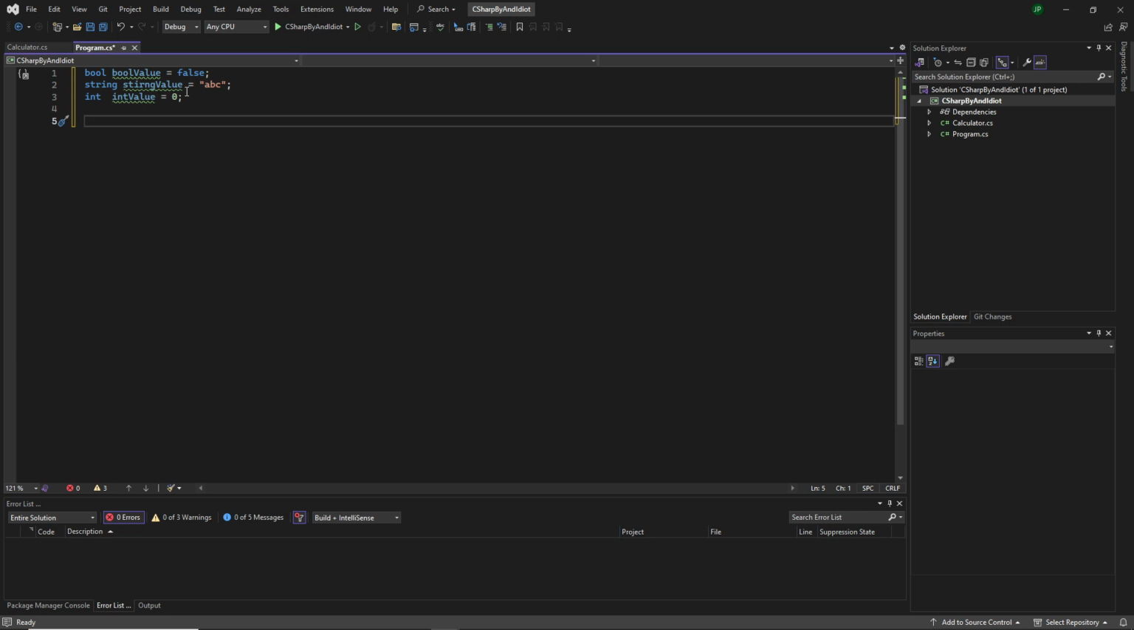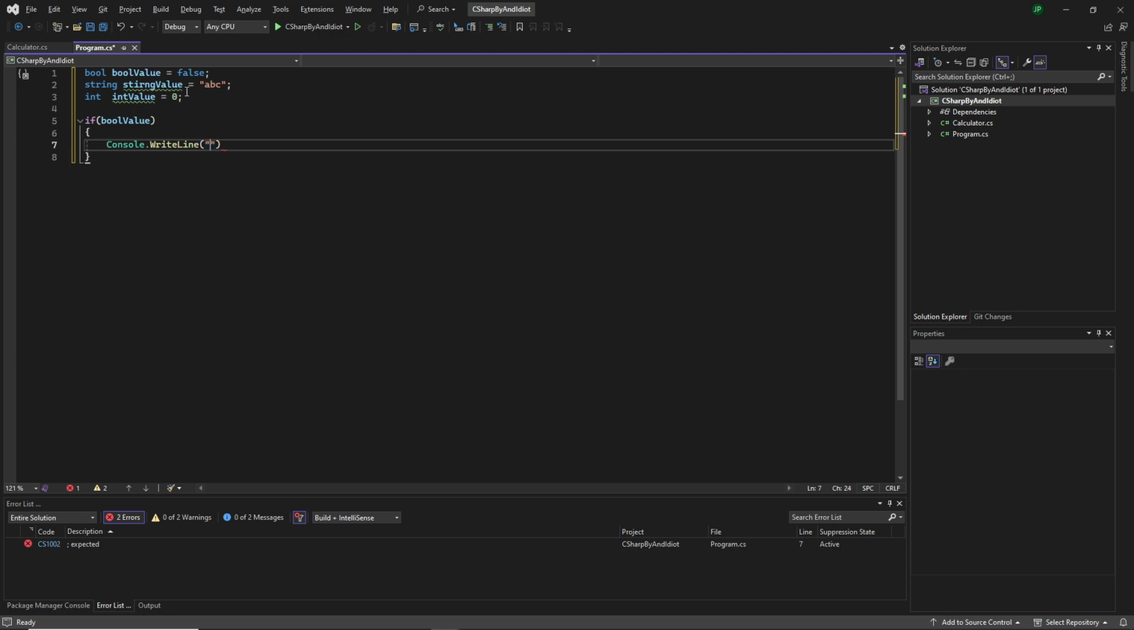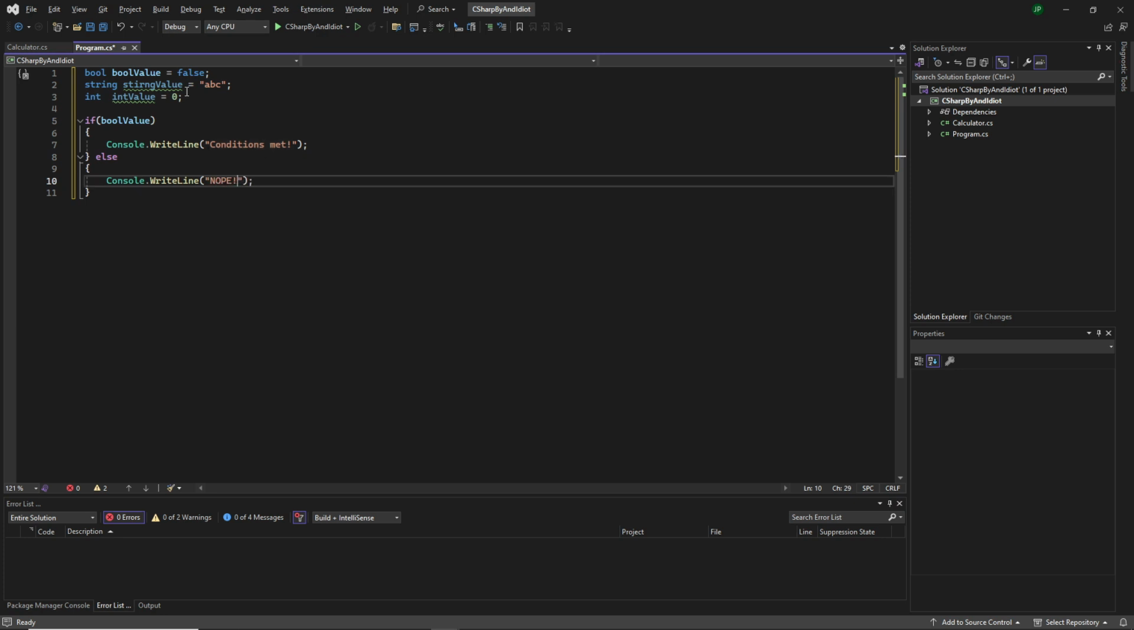So let's do an if statement. We can do if bool value, Console.WriteLine "conditions met", else. Let's write out something else. Let's write out "nope". Cool. So this is a quite basic thing. Right now it says if bool value is true,